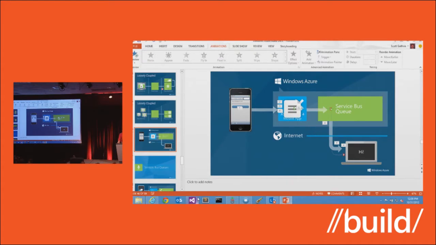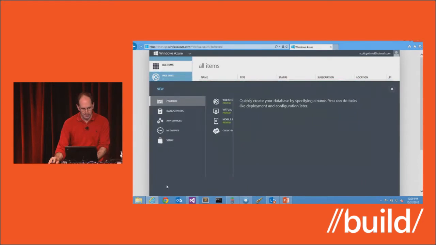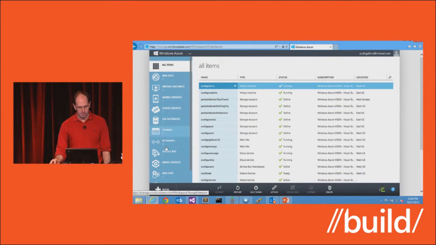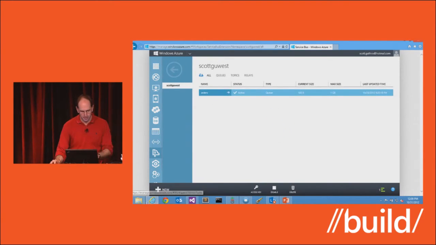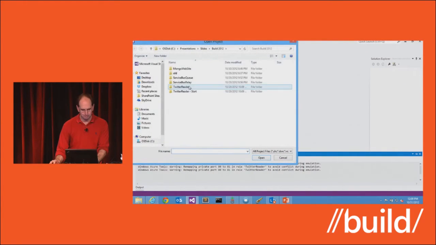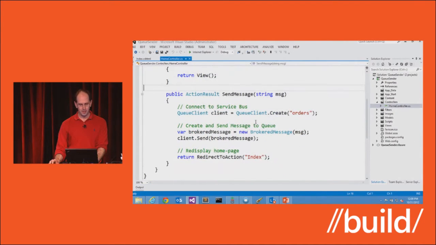So how does this work? Well, inside Windows Azure, you saw me create a variety of services. If I want to, I could create another app service. I could create a queue. I just say, hey, whatever, pick it. It would create it, and it would show up inside the portal. And so you can see here, there's a queue right here. I have an orders queue. Basically, what I'm doing inside my web app is a simple ASP.NET app. And all I'm doing is displaying a form. When you enter a form, I just get a reference to that queue, create a message, send it to it, and then redisplay.